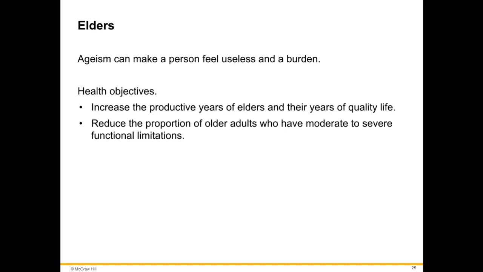Now, we talked about how many of our elders come back to college to take a class, or this is the time in their life where they feel like they can get a degree because they have done what they could do in their career, or they may be looking for a career change, right? And they don't want to feel like a burden when they're in courses. So for the increase in productivity years of the elders and the years of quality life, sometimes we can reduce the proportion of older adults who have moderate to severe functional limitations by providing support,